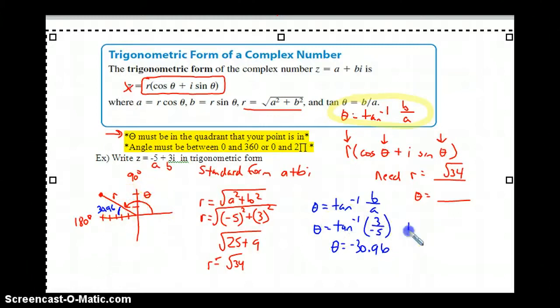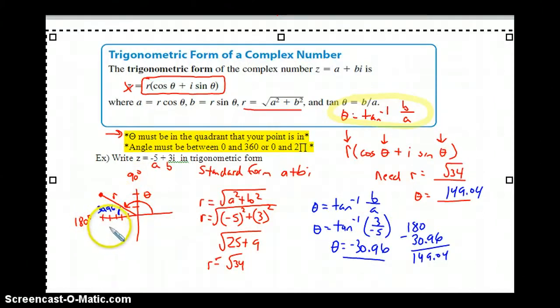So to get theta, what I would actually have to do is take 180 and subtract 30.96. When I do that, I'm going to end up with 149.04. So I have the two things that I need. Again, it's really important that you make sure that the answer you get here is in the correct quadrant. You're either going to get a first quadrant angle or a fourth quadrant angle. And this problem is a fourth quadrant angle, but you have to apply it to the second quadrant